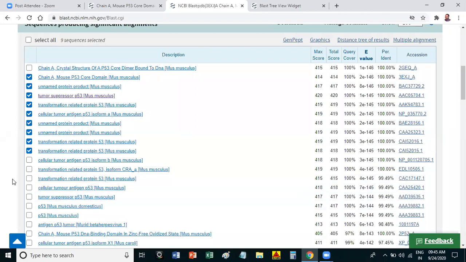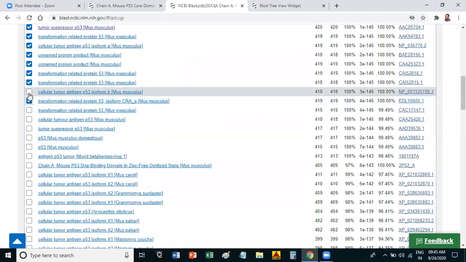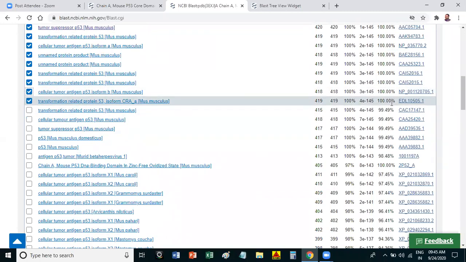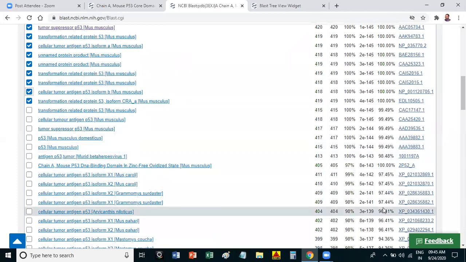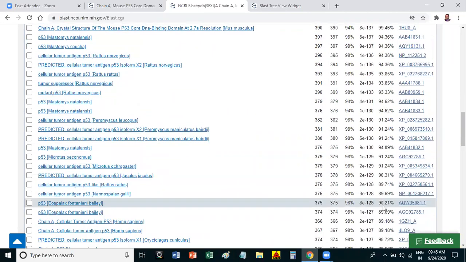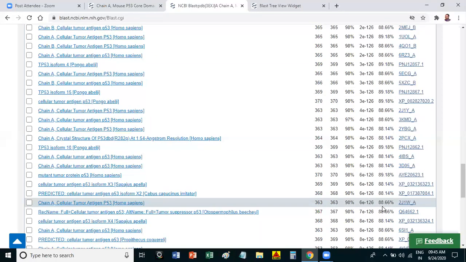For example, you want to see the similarity BLAST tree view for all those having 100% similarity, not for 96% or 94%. Then you just have to click on the 100% similarity sequences only. Then it will show you the tree view for the sequences having 100% similarity. If you want to see for 99%, you have to select all of them only. So different selection criteria are there, based on which you can generate your tree, or you can have your BLAST tree for different uses.